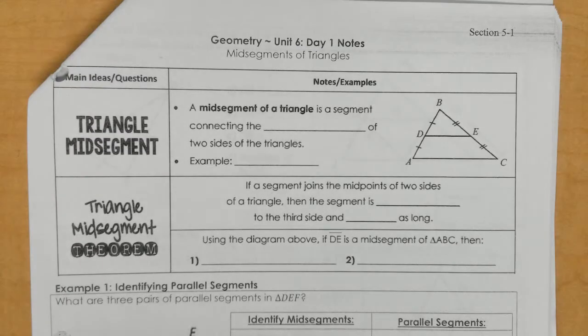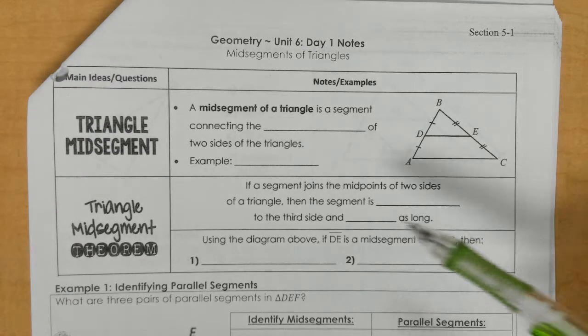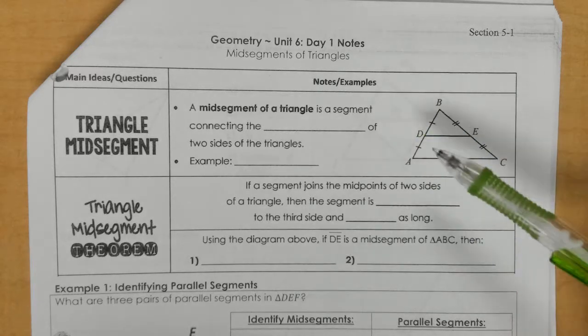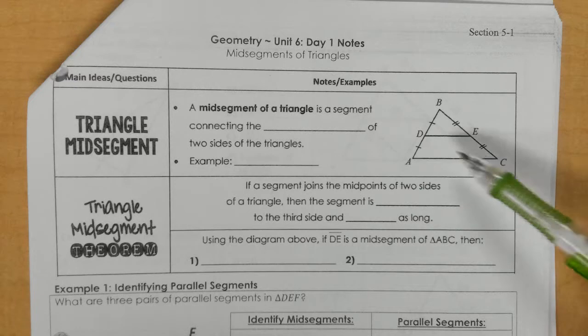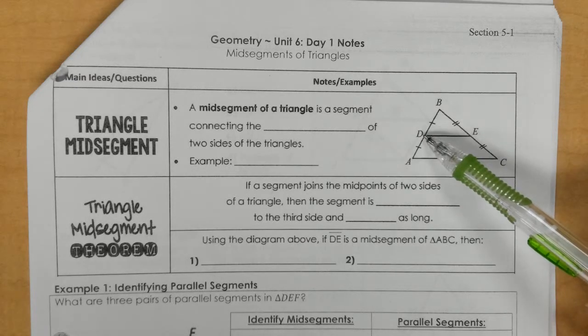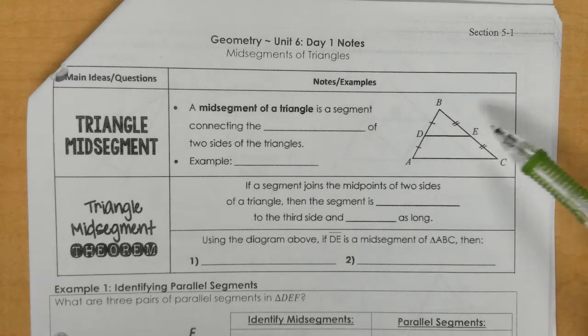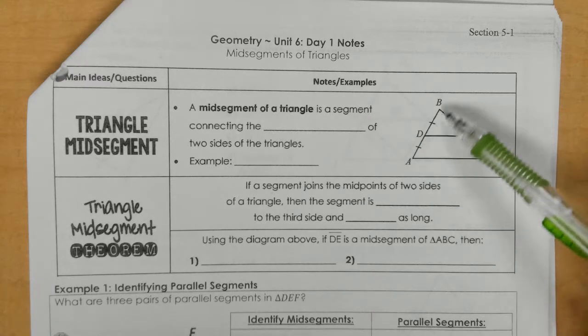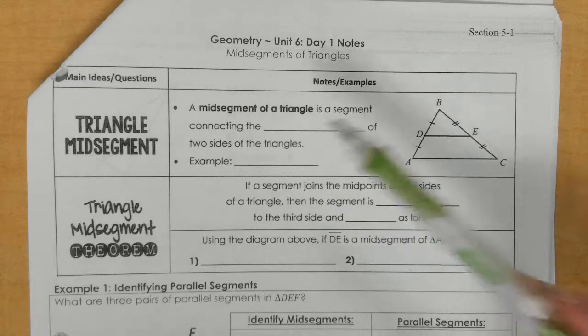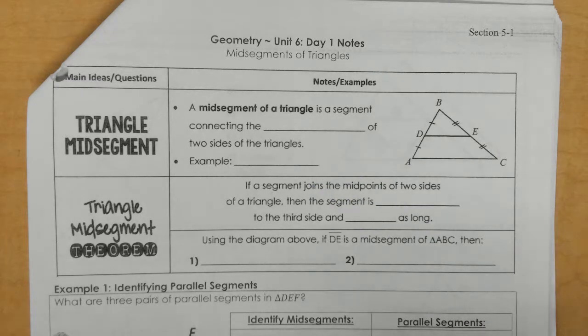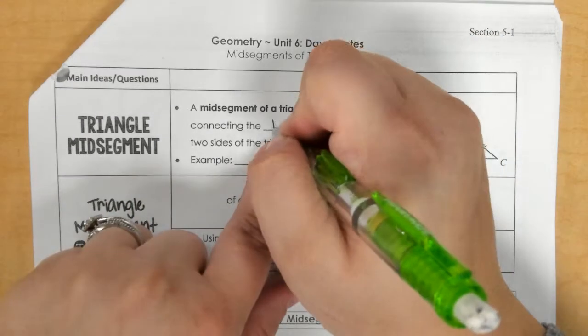For Unit 6, Day 1 notes, talking about midsegments of triangles. So this is just an example. DE is a midsegment of this triangle ABC. You can see right here, this point D and this point E are the midpoints of these segments. Okay, so a midsegment of a triangle is a segment connecting the midpoints